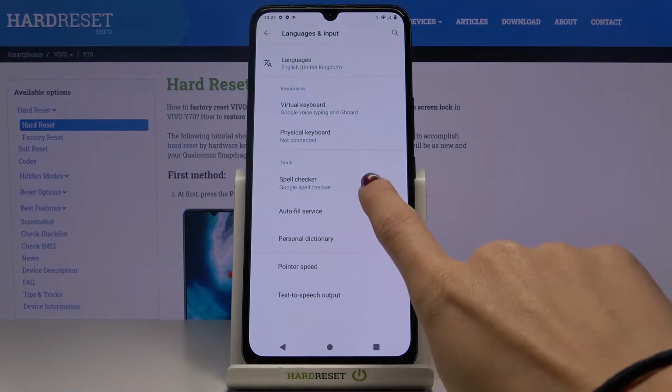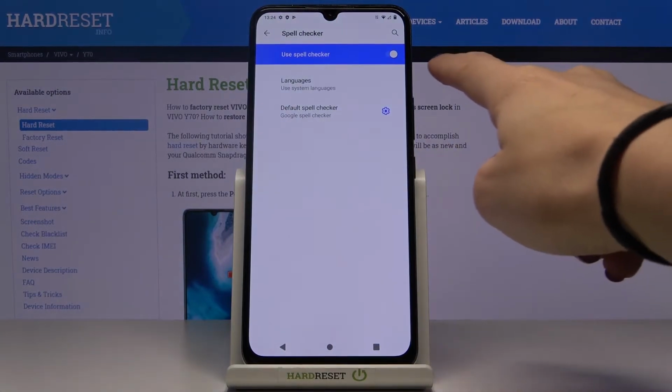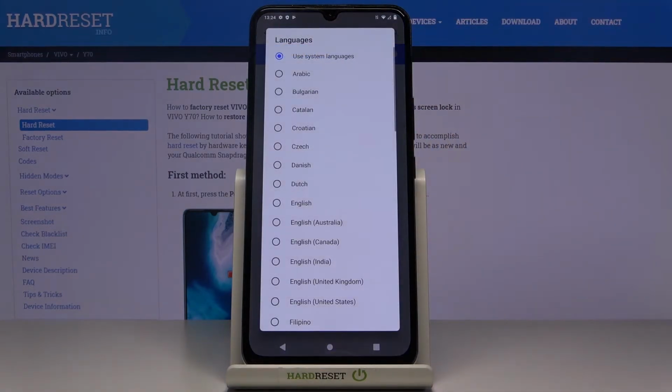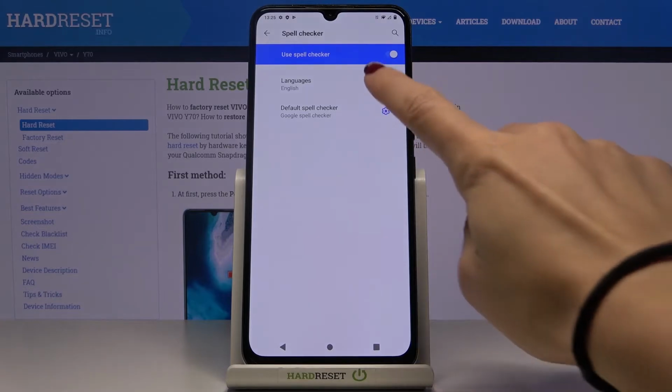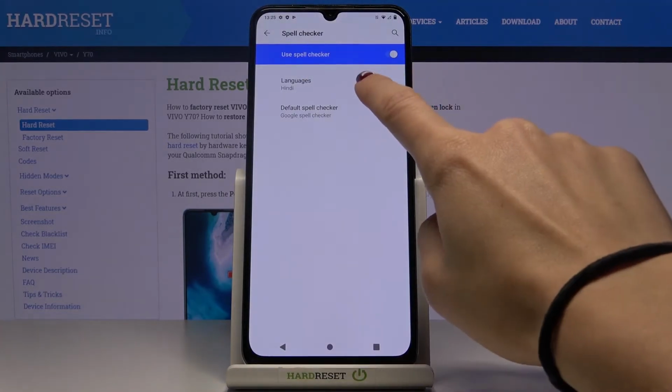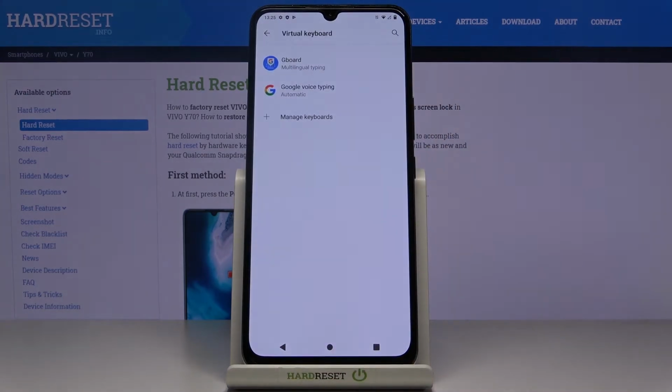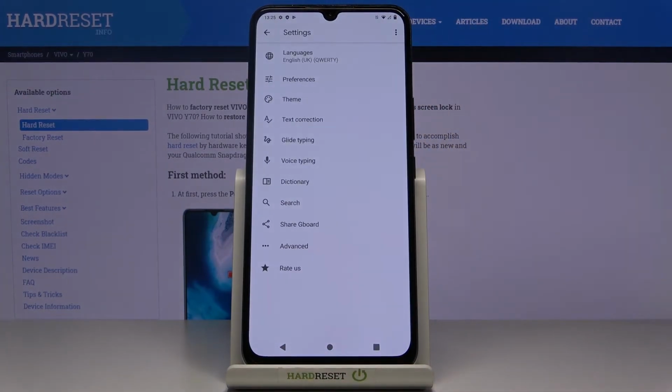Here go to spell checker, and you can smoothly activate it by tapping on this switcher, so just mark it unless it is active, and then you can smoothly pick the languages in which it should be active. So it can use either your system language, or you can pick some particular language that it will be active in. You can also go to virtual keyboard, then select Gboard as it's your default